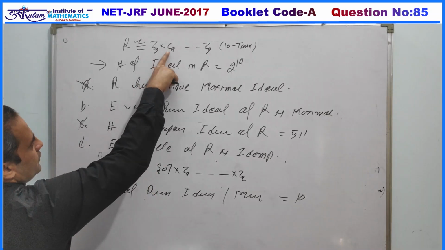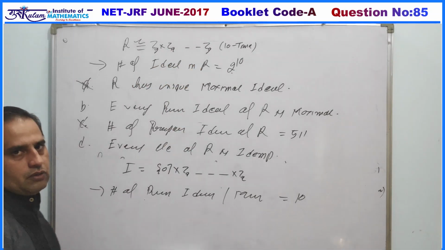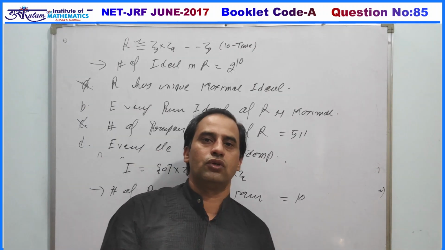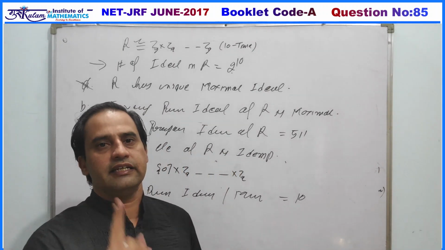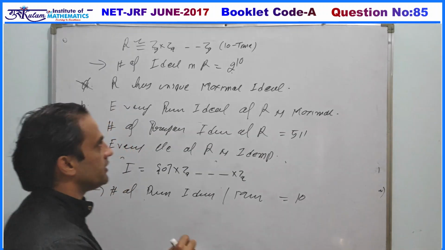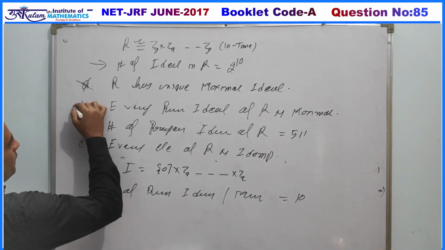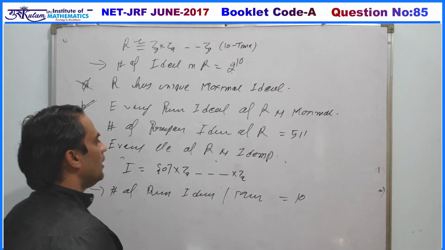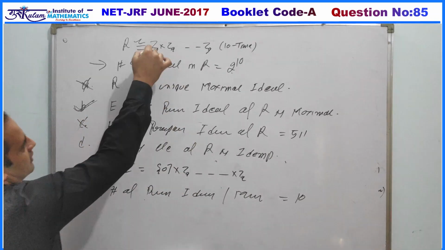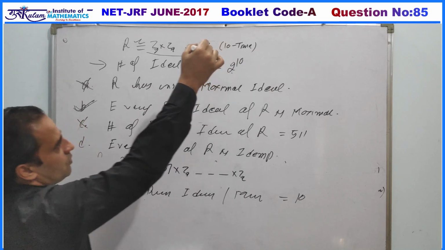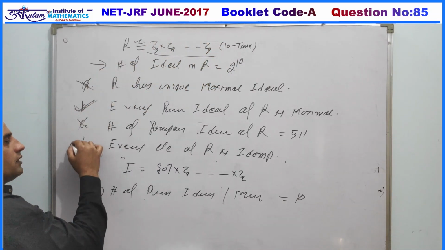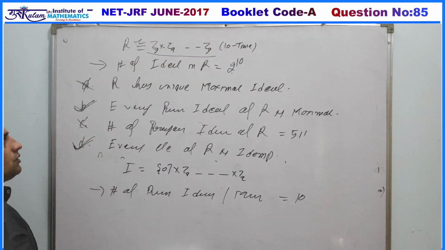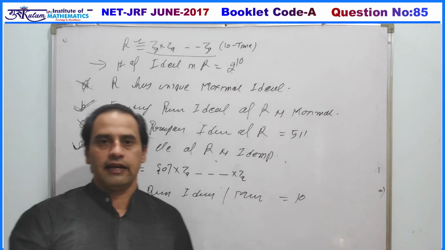Since the ideals of Z2 cross Z2 cross Z2 are of the form I1 cross I2 cross I3, and a field has exactly two ideals, the trivial one and the field itself, based on that property every prime ideal should be a maximal ideal, and every maximal ideal should be a prime ideal. And since this ring is Z2 cross Z2 cross up to Z2, every element is obviously an idempotent element. So your answer is options B and D.